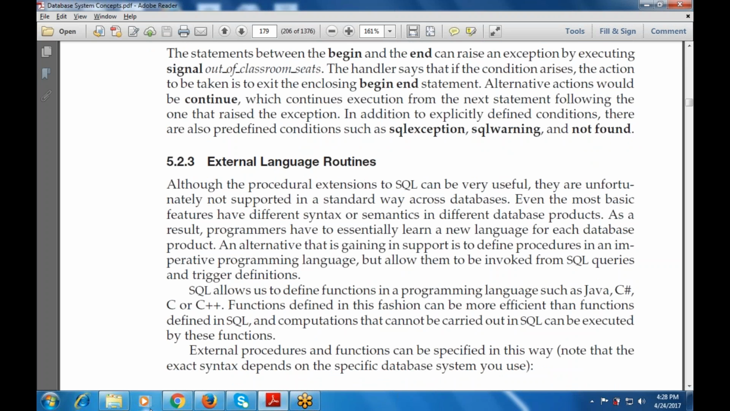Just do one thing. Take 2 minutes, read each and everything, and if there is any doubt, then please clarify the doubt, because the next topic is